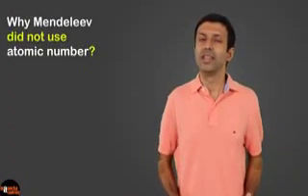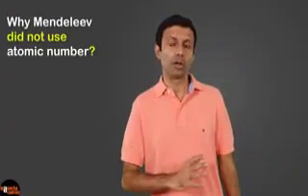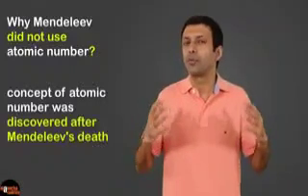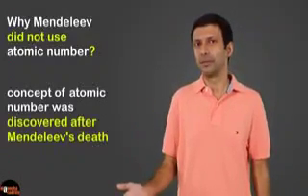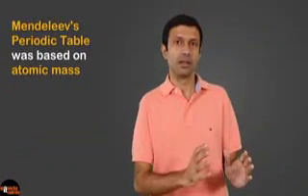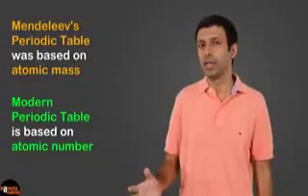You may be wondering, why didn't Mendeleev use atomic number? Why was he using atomic mass? The reason is that Rutherford's nuclear model of an atom and the concept of atomic number was discovered a few years after his death. So Mendeleev's table was based on atomic mass, but the modern periodic table is now based